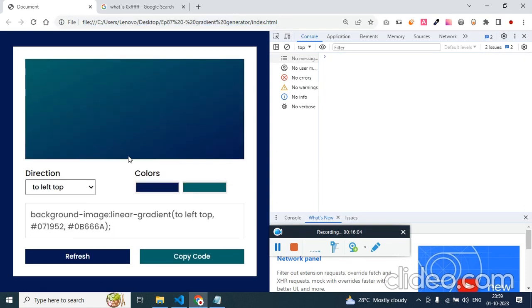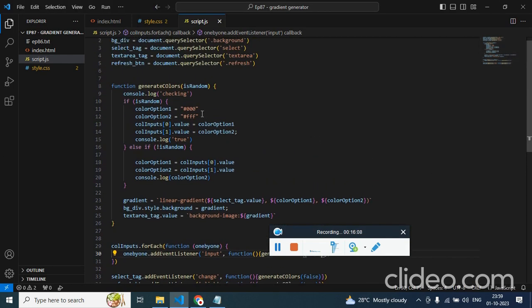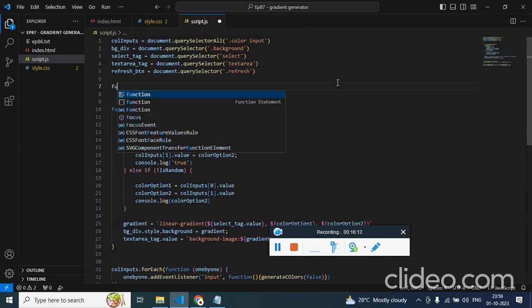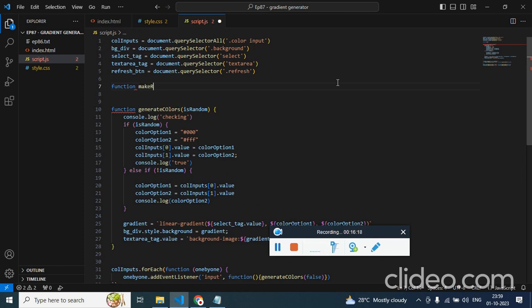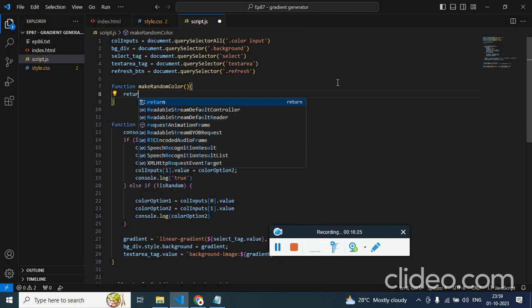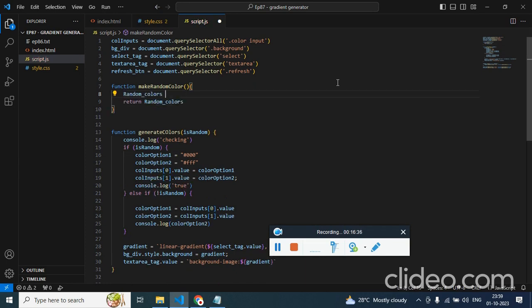Now I just wanted to show you that when I click on this refresh, what really happens is I'm applying these two values. So I want to create a function that will generate a random color. Make random color, and it will return a color, random colors. It's not a string, it's a variable. And here